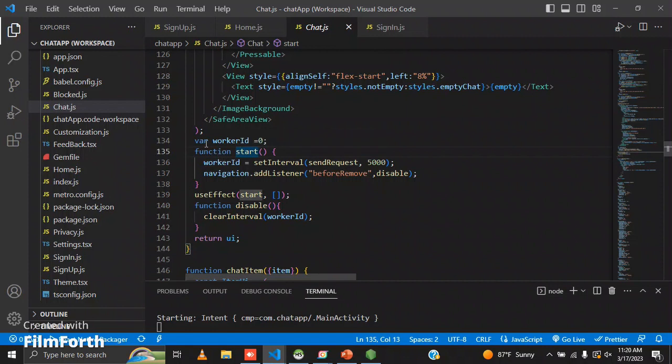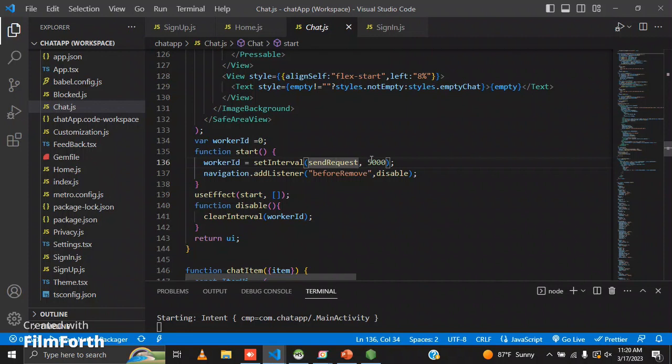As before, don't think about these other things for now. Whenever you go to the chat screen of some user, the send request has a set interval of 5 seconds. For every 5 seconds, it calls the send request,